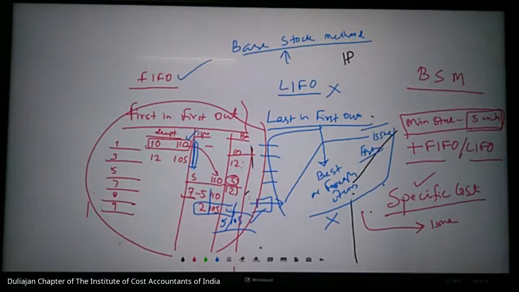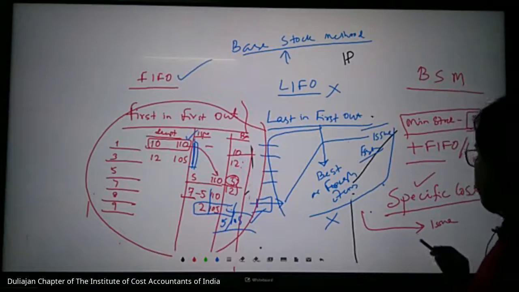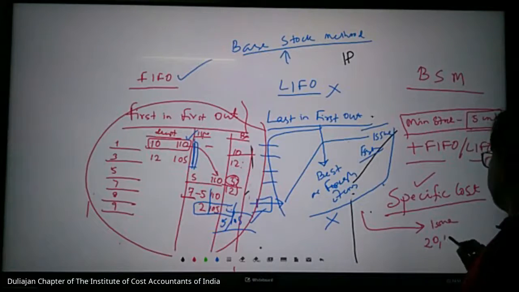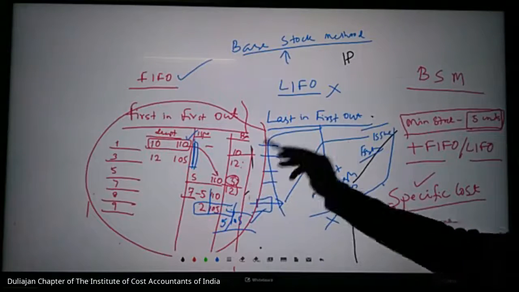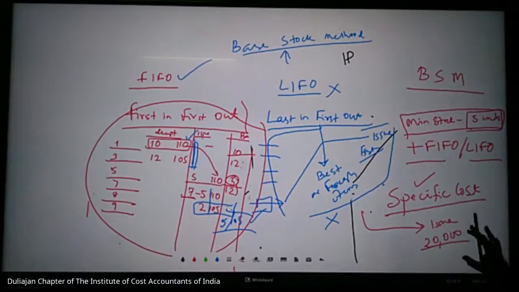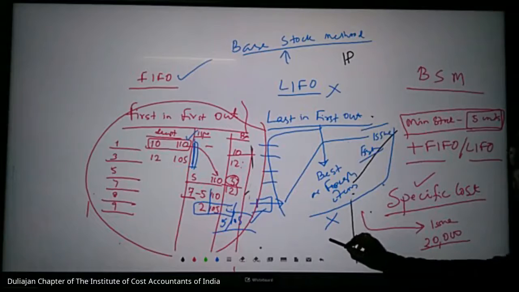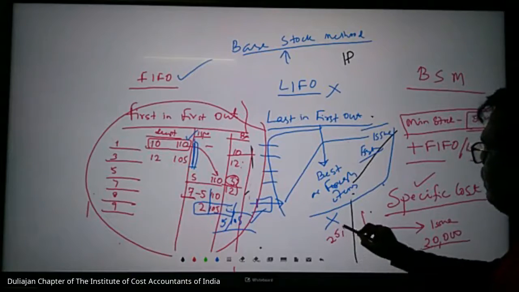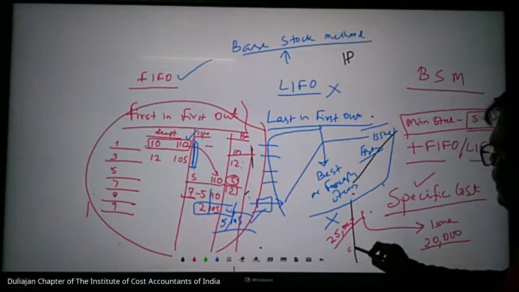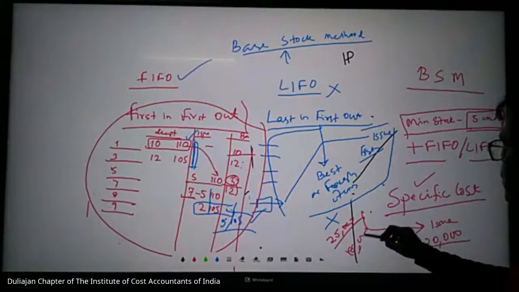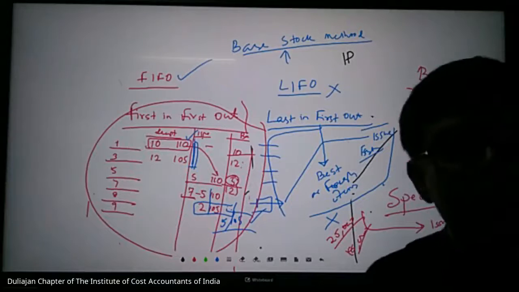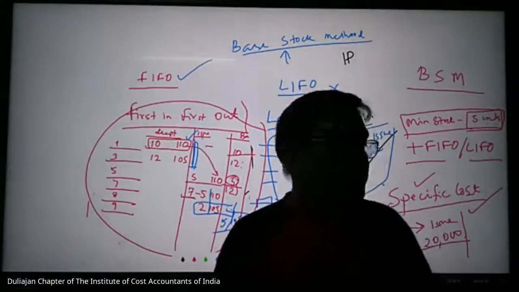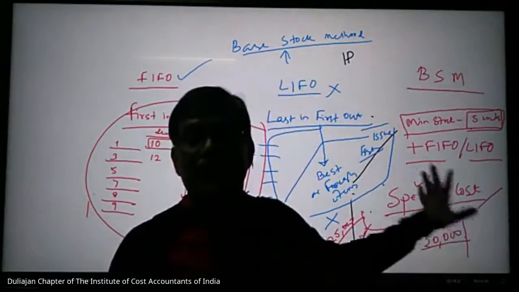Like I am executing a contract. For that contract, I know my material cost may be, suppose, 20,000 rupees. So irrespective of my actual buying, I will load an approximate cost. I might be buying at 25,000 or maybe at 18,000, but for the purpose of calculation of the contract, I am charging my material cost as 20,000 rupees. I have pre-estimated some cost. So this also you can explain.